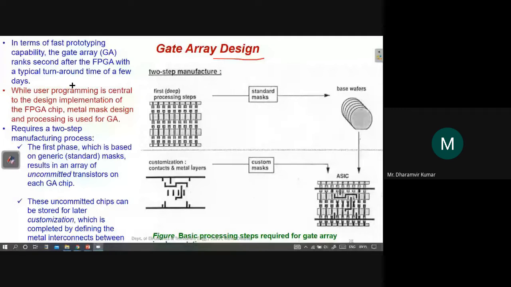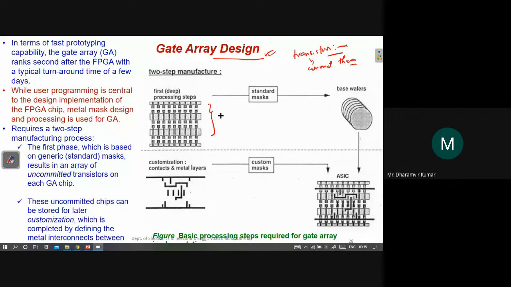Ultimately we have to have transistors at the very bottom level. So we need transistors. All the circuits will be in terms of transistors. Okay, so we need a large number of transistors, and we connect them to form proper, properly functioning circuits. So what this gate array design approach says is that we will provide you only transistors.